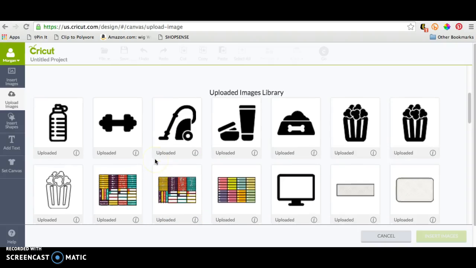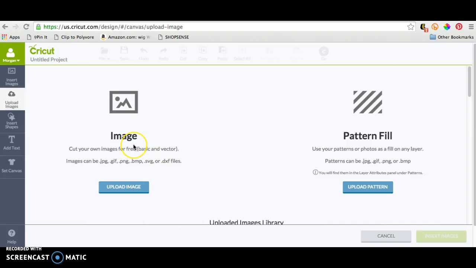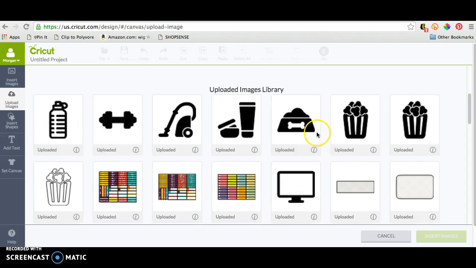Hey guys, so today I have for you another Cricut Design Space tutorial for stickers using some SVG files that